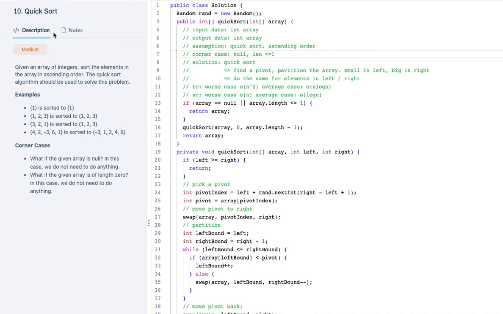Okay, question 10, question sort. Given an array of integers, sort the elements in the array in ascending order. The quicksort algorithm should be used to solve this problem. So the function is a quicksort. The input data is an int array that is not sorted, and the output data type is an int array that is sorted. And the assumption here is that we need to use the quicksort to sort this array